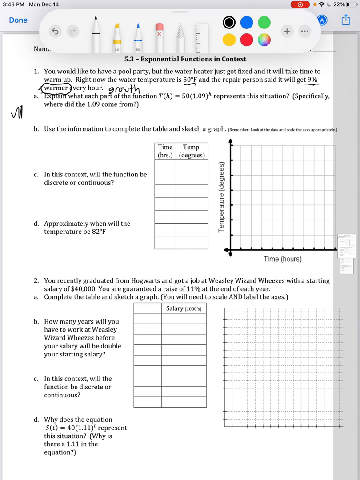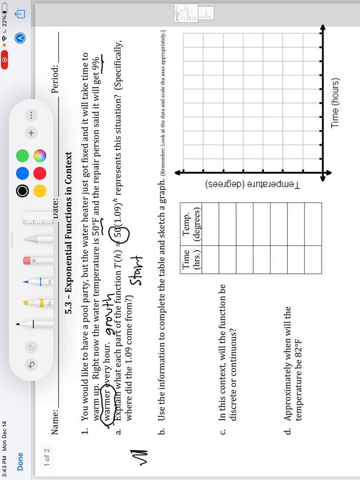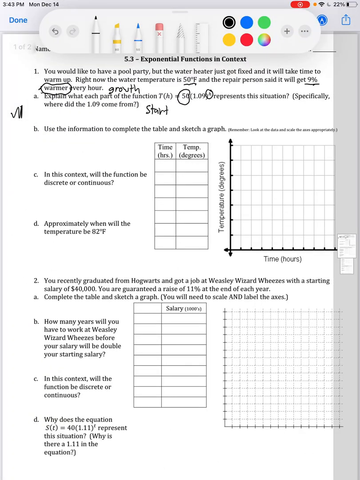Explain what each part of the function 50 times 1.09 to the h represents in the situation. Well, as we said, 50 is our starting temperature. We're talking about h hours. And we say 1.09. But you'll notice up here it only says 9% warmer each hour. So if we were to take that 9% and write it as a decimal, it would be 0.09. However, if we just plugged 0.09 into this function, it would be decay. The temperature would be going down. Why we write 1.09